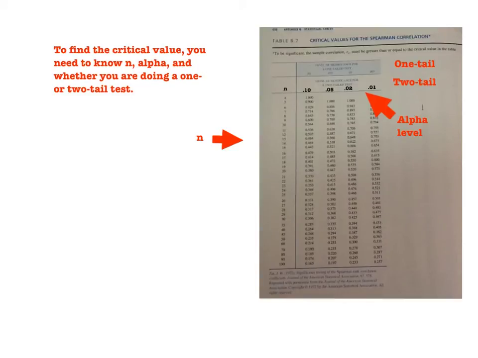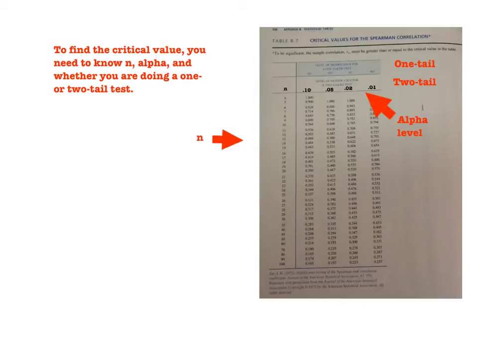We have a separate table for finding the critical values for the Spearman correlation. It's the table exactly behind the table in the back of the book for the Pearson coefficient, table B6. To find the critical value, you need to know n, you need to know